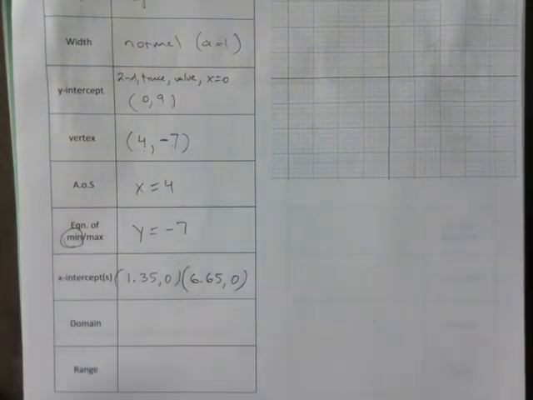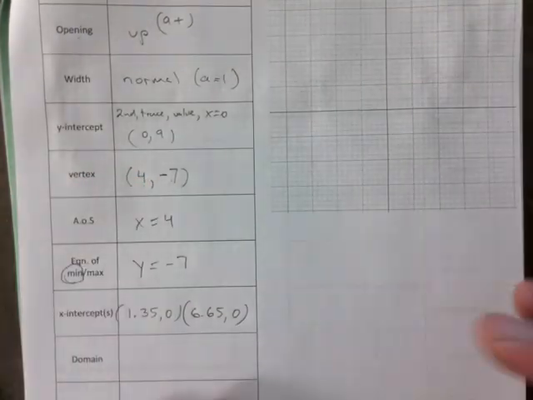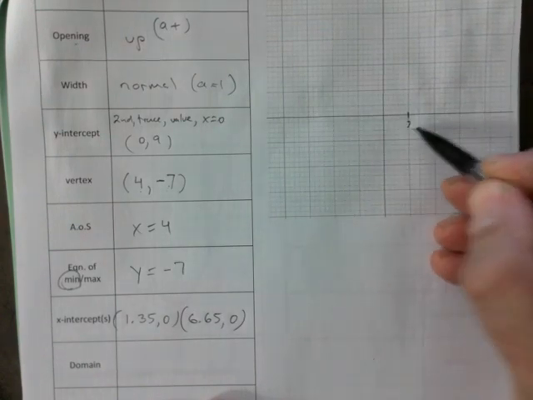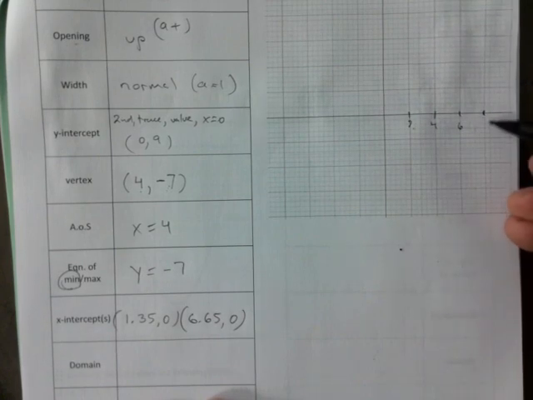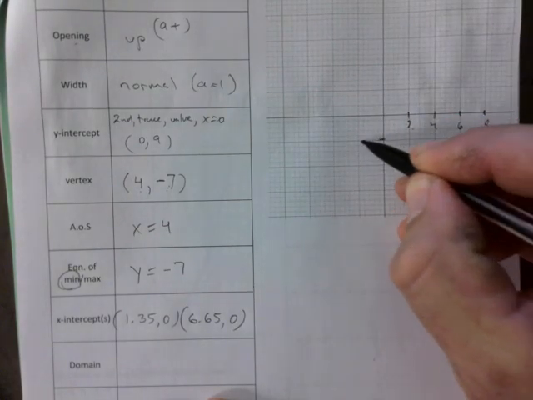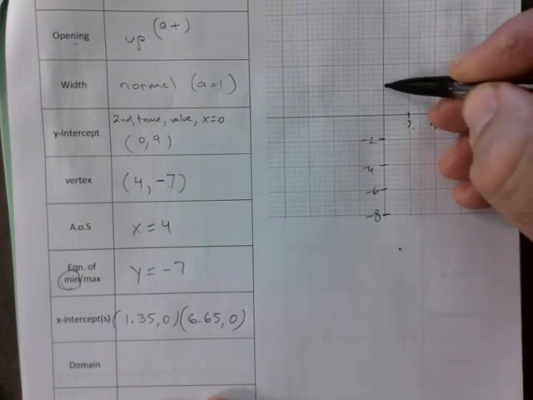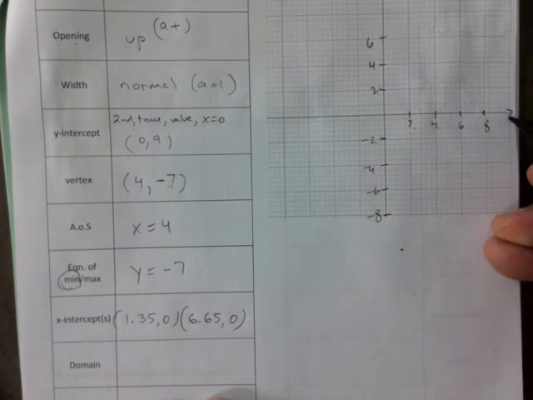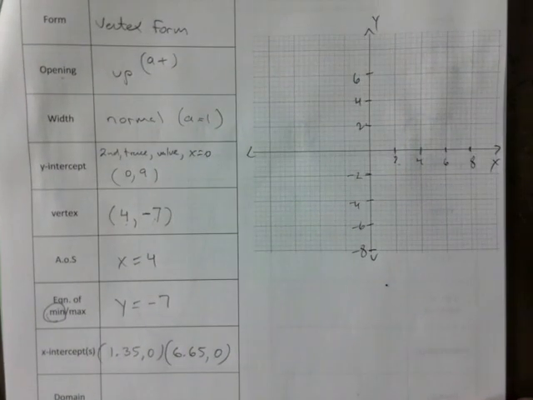And I'm just going to go ahead and use that to graph. You know that the points are pretty small. So I'm actually just going to go 1, 2, 3, 4, 5. That's too small, but I'm going to go up by 2. 2, 4, 6, 8. And here, I'm going to go with the same. -2, -4, -6, -8. So I'm using the same scale for both axes, right? And I'm quickly going to put arrowheads on them. I'm going to call this y. I'm going to call that x, right? And